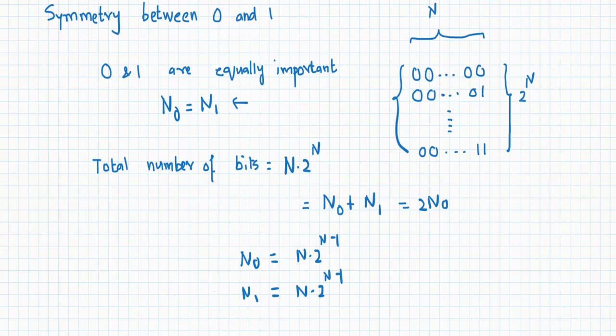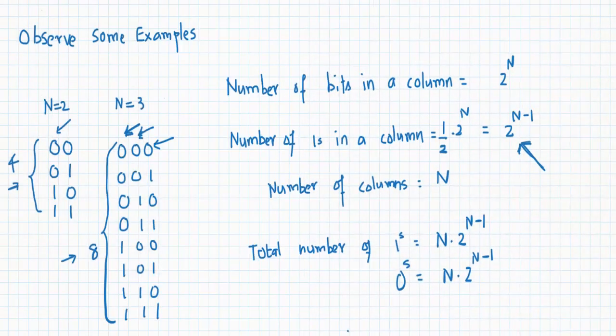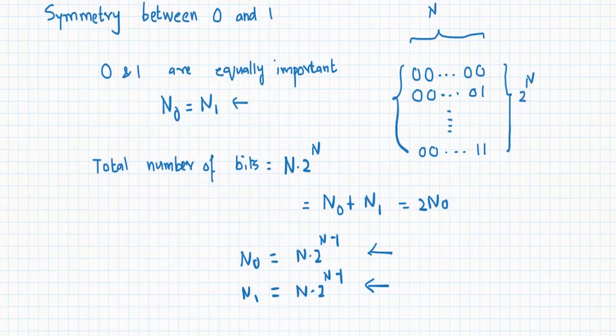So note that using the symmetry between 0 and 1 and the fact that 0 and 1 are just symbols, we are able to arrive at this solution easily without having to use mathematical induction, as was needed in the first solution that we just saw. So there we have to use mathematical induction to prove. In this example, we have just used a symmetry between 0 and 1 to arrive at a shorter proof.